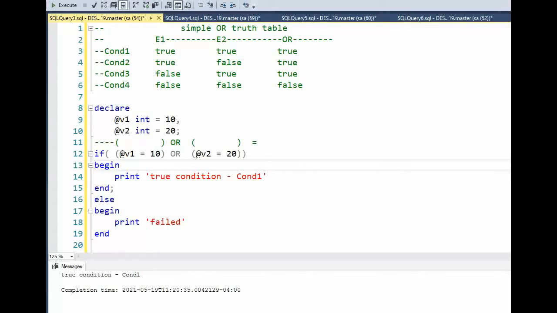Hey team, welcome back. In this video, we are going to be looking at the if statement and using the or condition. You can see on the top here, I've created a truth table for the or,